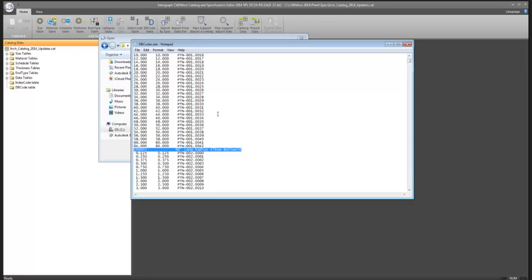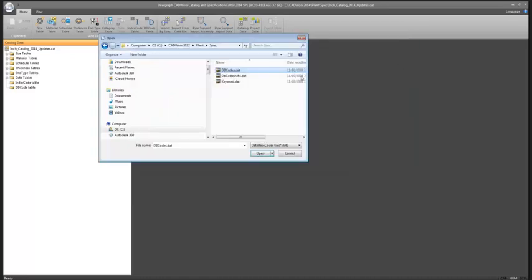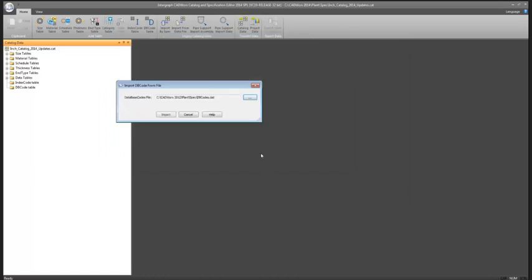Now you can do the exact same thing for 2014. And it goes in there and tries to automate this process for you as much as possible on the import. So what I'm going to do is I'm just going to select that file, say open, and say import. It's going to create two things for us on the import. It's going to create that index code table for you automatically, and it's also going to create the DB codes